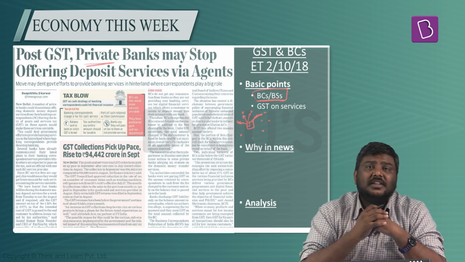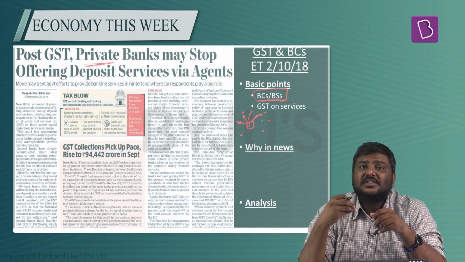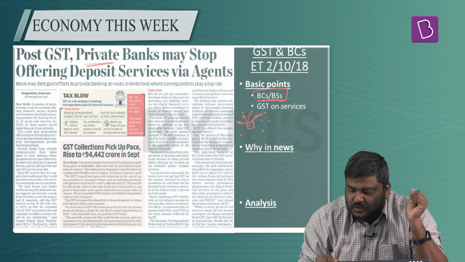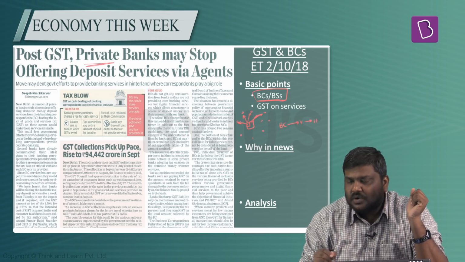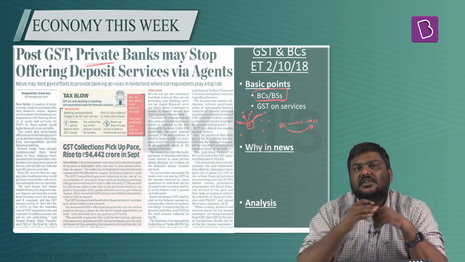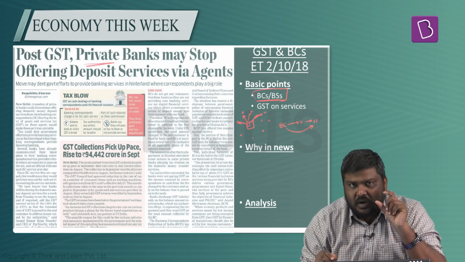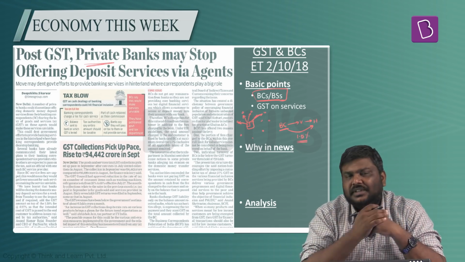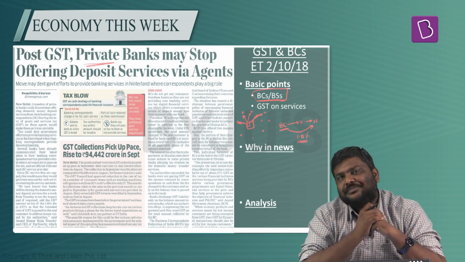Upon that, very recently there has been a demand on imposing the GST on the earnings from the services provided by this banking correspondent. What usually happens is, let's assume here's a banking correspondent. He will go to a village, especially to a household, and provide remittance services to this household. On the value of the amount remitted, this banking correspondent will charge a maximum commission of 1.5%. 1.5% of what? 1.5% of the value of the transaction.